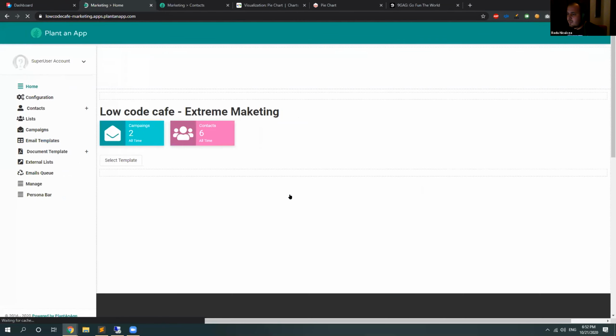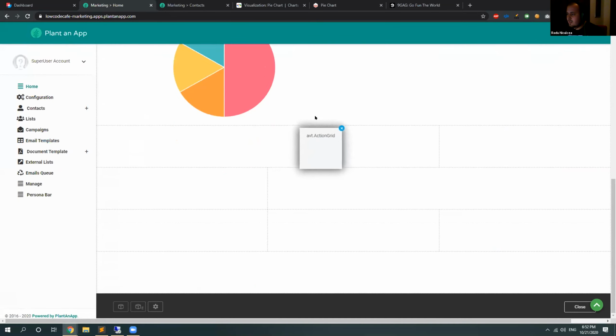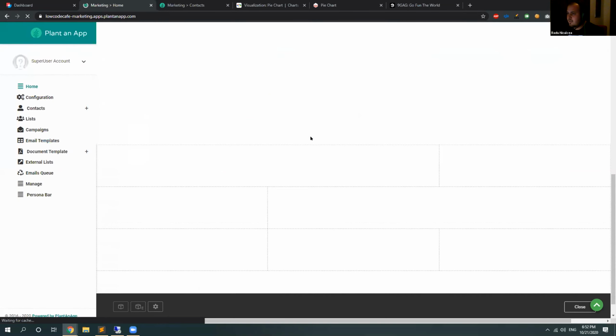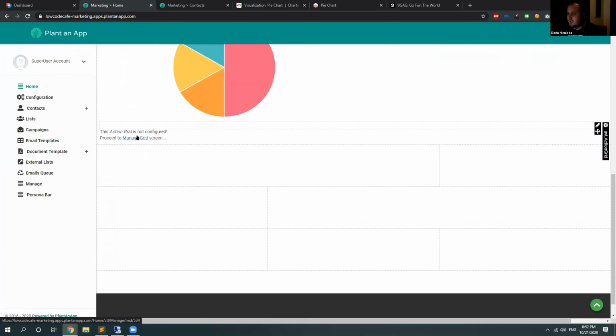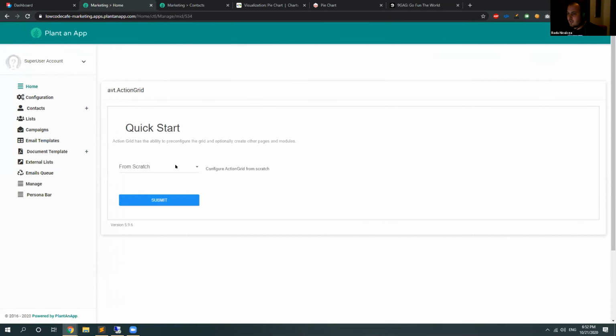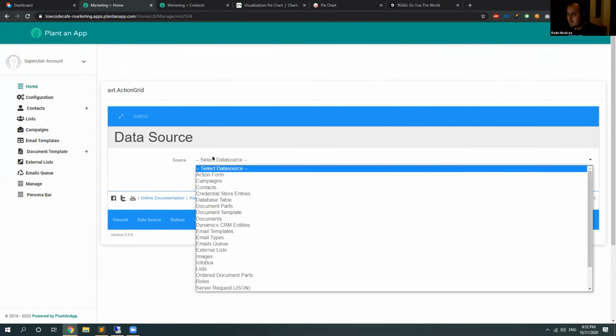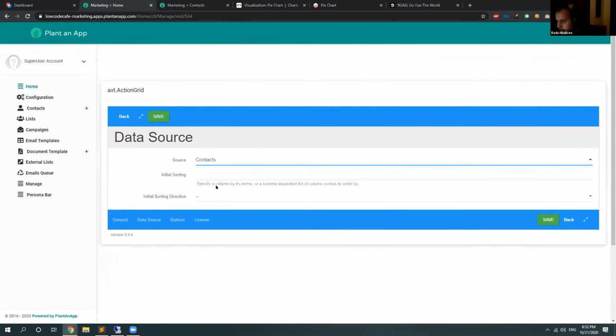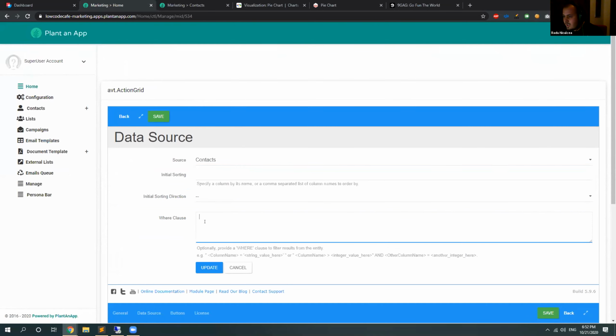Let me add the grid here. Let me go to the grid and really quickly I can choose from scratch. The data source I want to be contacts, and in my where clause, maybe it's too early, but let's say email type equals query string